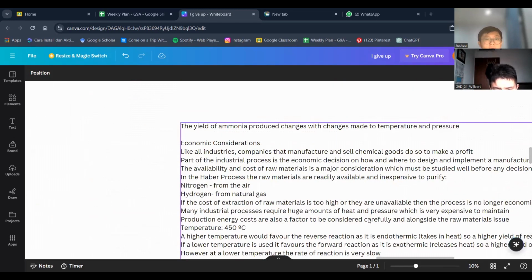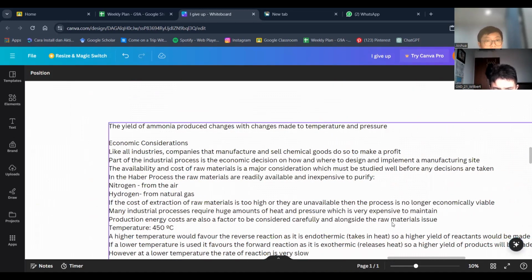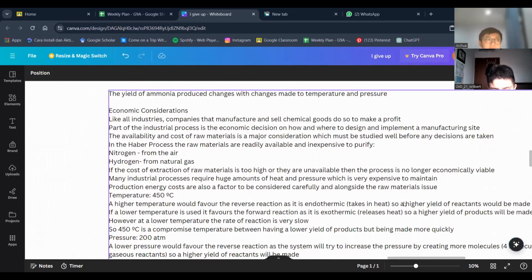For the yield of ammonia produced, economic considerations are related to making goods and selling for profit. The availability and cost of raw materials is a major consideration, which must be studied well before they actually decide to produce these. The production energy costs are also a factor to be considered carefully alongside the raw materials issue. A temperature of 450 degrees Celsius, which is a higher temperature, would favor the reverse reaction as